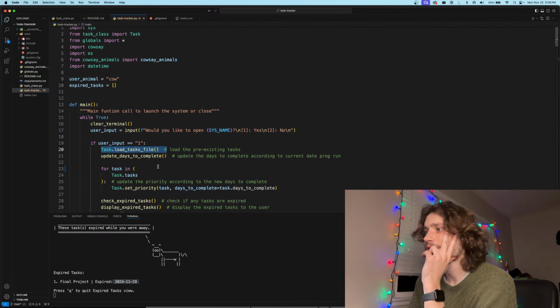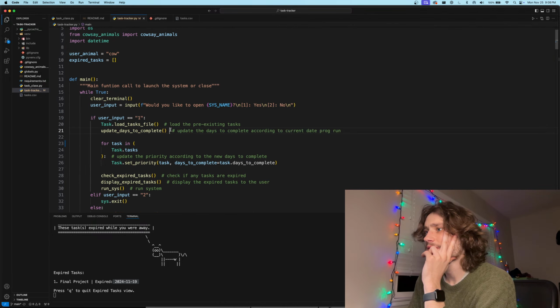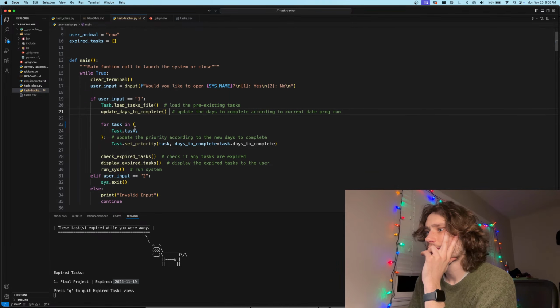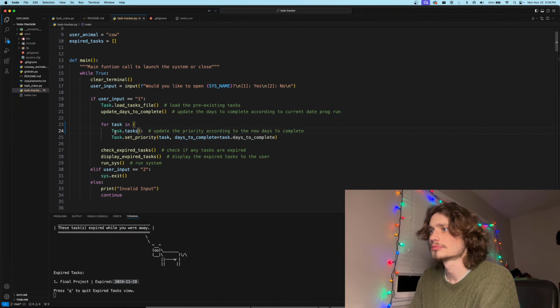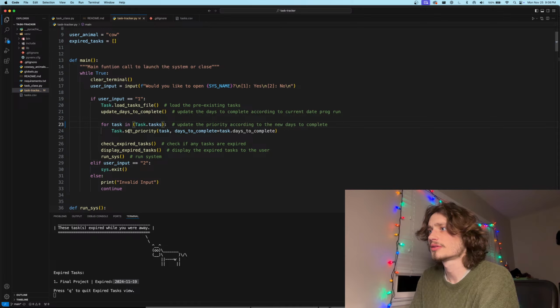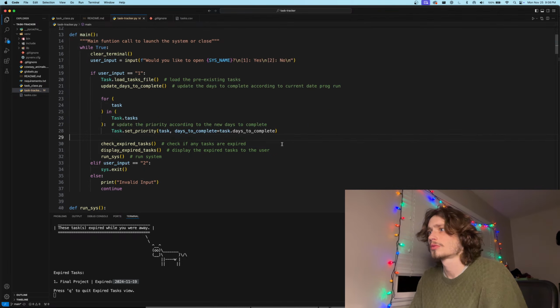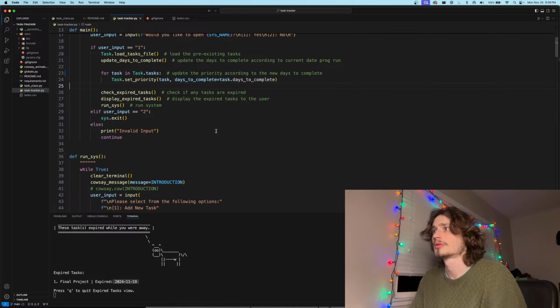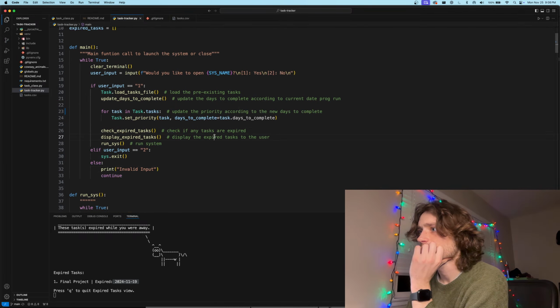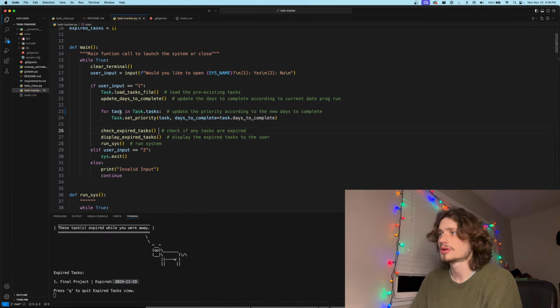We load the file. We update the days to complete for task in the task list. I don't like how it formats them. Why does it do that? Stop doing that. I don't like that. Okay, so